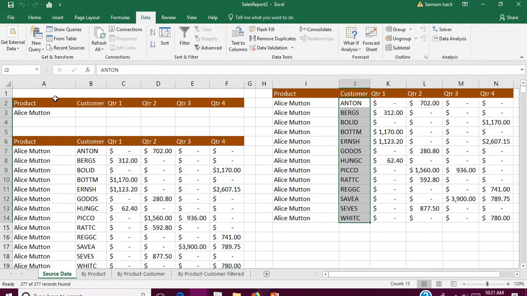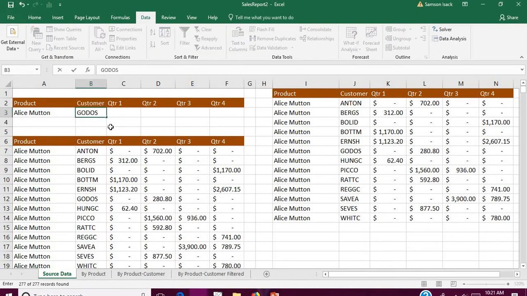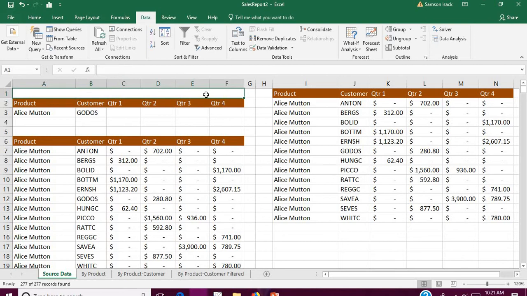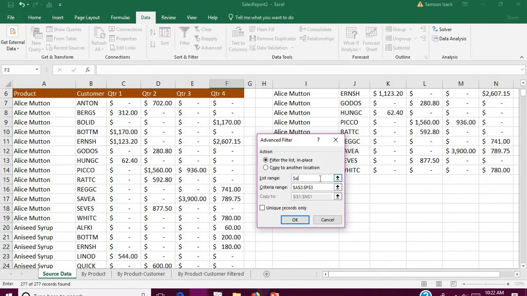Okay, and all the records of Alice Mutton are here. So now you should understand that the columns are in an AND condition. Now I put Alice Mutton, and at the same time the customer name must be Godos. Now it is AND for every column. So Alice Mutton, and the customer is Godos. Now you see the advanced filter range is the source data,